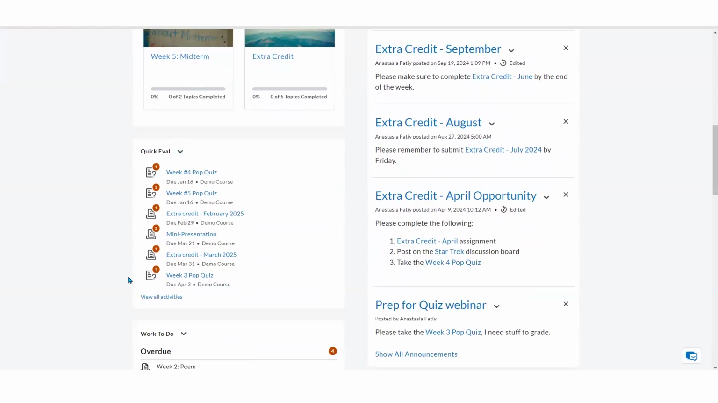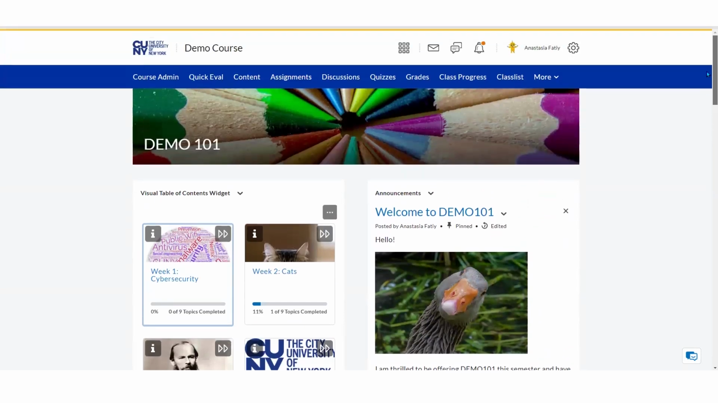Now, this is visible only to me. This is not visible to students. This is a faculty widget. So here I can see what has been submitted, what is there for me to grade. It's kind of similar to the needs grading area within Blackboard. So I can use this widget to click into something that needs grading, or I can go into the QuickEval tool page,